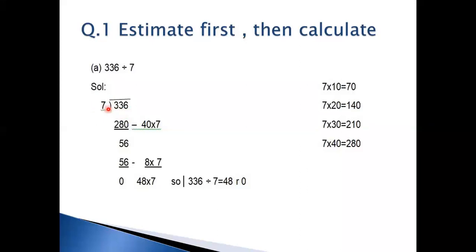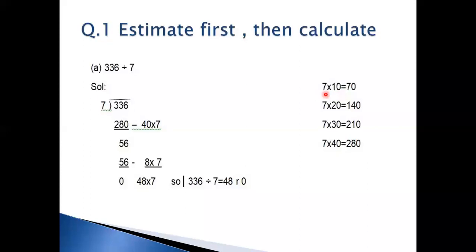So this is our main number, which is 7, our divisor. That's why I'm focusing that again and again we will use this divisor to do the working steps. You can see here I have done the working for you. The first number is our divisor. You can write 7, and the other numbers you can see are 10, 20 and 30, 40. All these are multiples of 10. It is very easy to multiply a number with multiples of 10, because we simply recall the number's table and add a 0 to the answer.